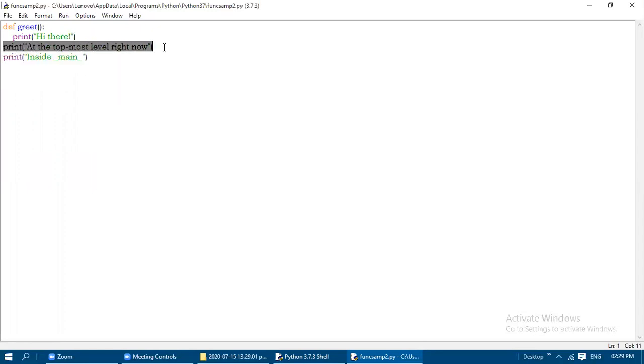So how to identify the first main statement? That statement will be at the leftmost corner, that is, the left side margin of the screen. If you look at the other statements which belong to the function, they will have 4 white spaces. Based on that we will understand which is the main statement and which statements belong to some other function or subprogram. Now if you are executing this, only the first two main statements are going to be executed, because we didn't call the greet function. The statement available under the greet function is not going to be executed.